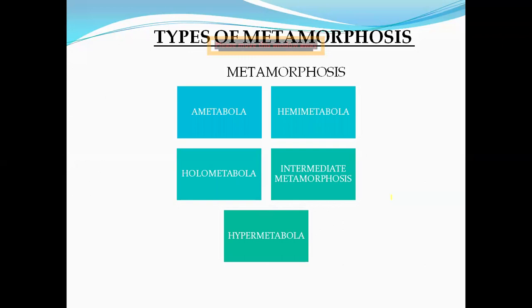Differentiation means, after the growth is completed in the larval stage, the larval stage goes to the next stage that is called the pupal stage, isn't it? In this pupal stage, there is actually the differentiation. It means there is the formation of different body parts: compound eyes, antenna, legs, wings, and other differentiation, head, thorax, and abdomen. All this process occurs in the pupal stage. So this is the second principle, completed in the pupal stage, that is called differentiation.